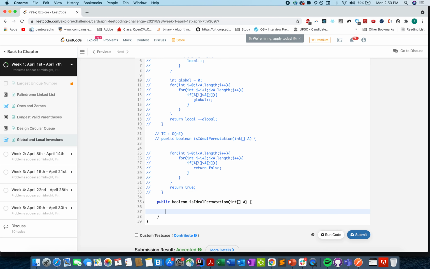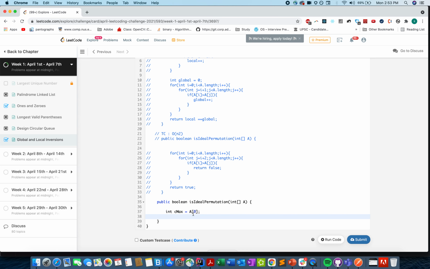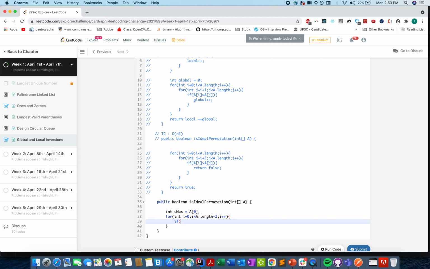So the first thing that we are going to do is to define a variable cmax that will store the maximum element that we have seen so far, and I'll initialize this to a of 0. And let's start the iteration. For integer I equals to 0, I is less than a dot length minus 2, I plus plus, if, let's update cmax first.